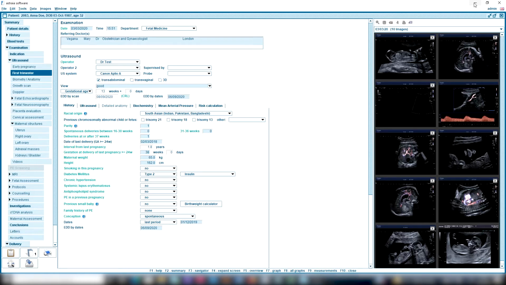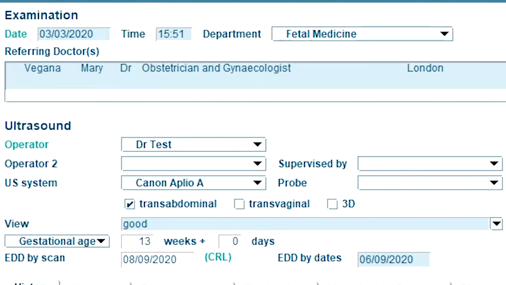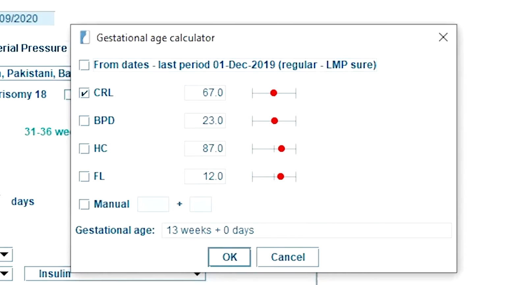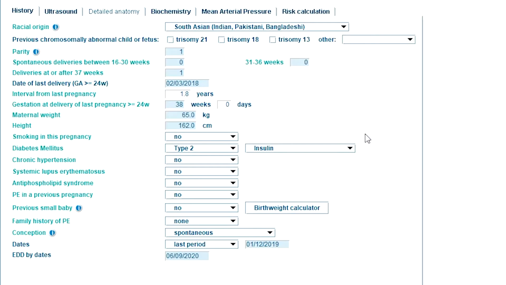So the top part is the same for all ultrasound screens, consisting of the examination details such as date, department, referring doctors, sonographer, ultrasound system, type of transducer, quality of the view, etc. Here you can also specify how the gestational age should be calculated. The rest of the screen is specific to the ultrasound examination type, which in this case is the first trimester